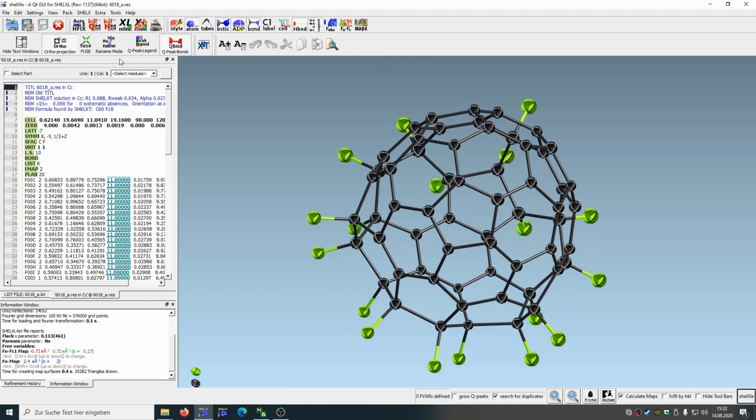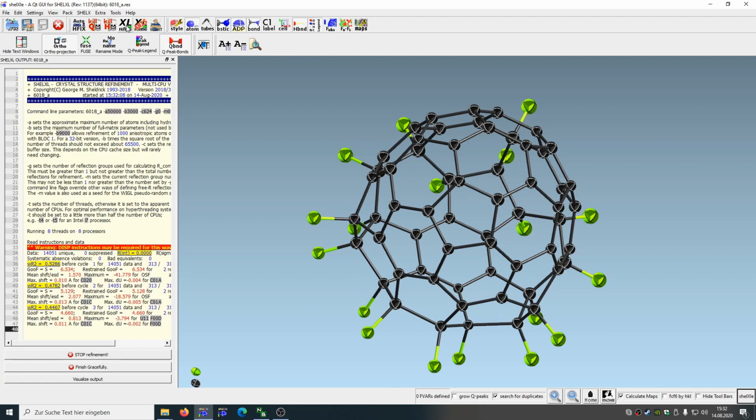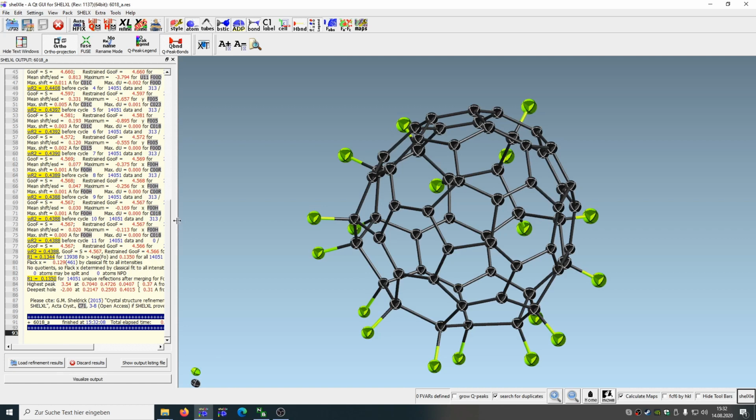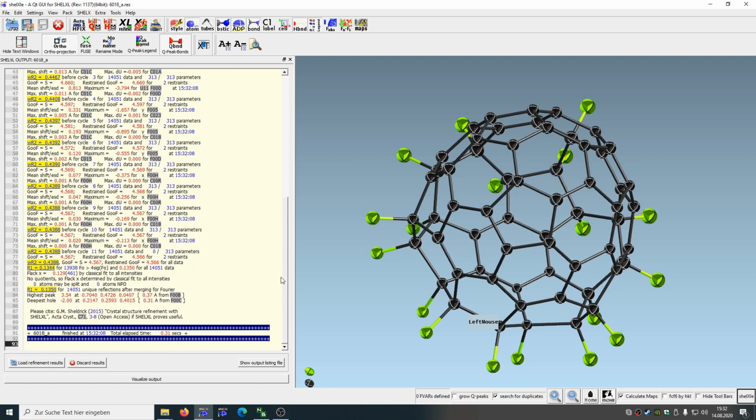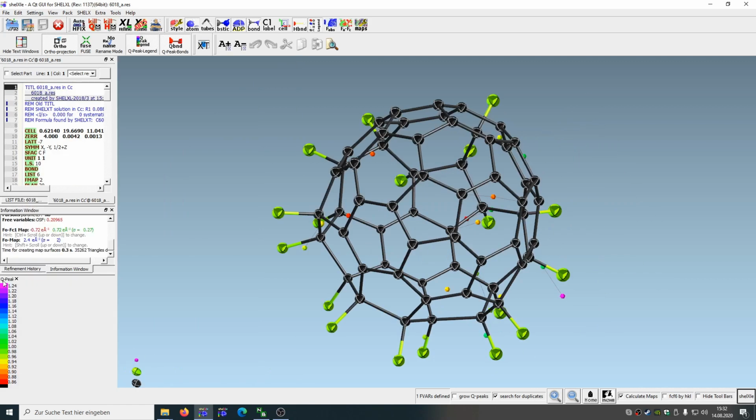So we specified the SHELXL executable, so we can refine the structure. We just click here on refine, and as you can see, here's the output. Here in red there's a warning: these instructions may be required for these wavelengths. This structure was measured on a synchrotron, so it is not common wavelengths like silver, molybdenum, or copper, or something like that. So we can just say here load refinement results, and now we have this